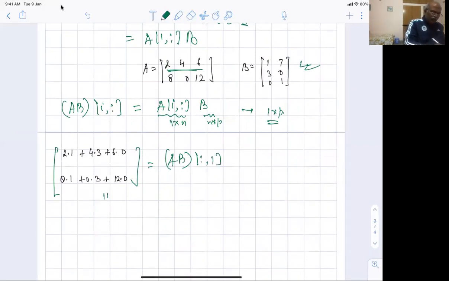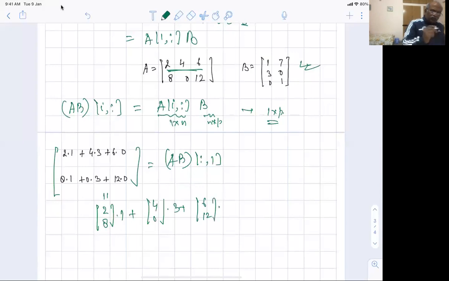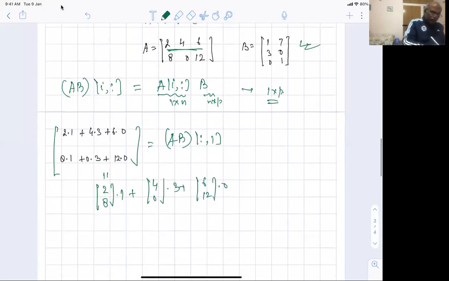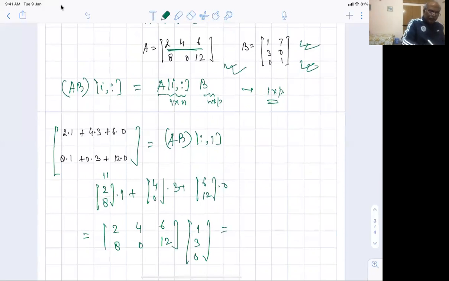So let's look at here. 1 is common, 3 is common, 0 is common. So it is 28 times 1 plus 40 times 3 plus 612 times 0. This is what it is. Fine. So I would like you to see that this is nothing but the matrix with columns 28, 40, 612 times the matrix 1 here, 3 here, 0 here. So let's compare this with this matrix AB here. This is nothing but A times the first column of B. So when I want to get the column of AB, I just need A times this.